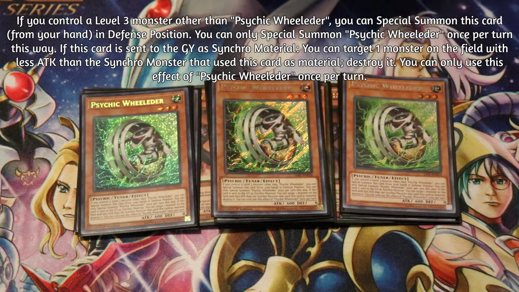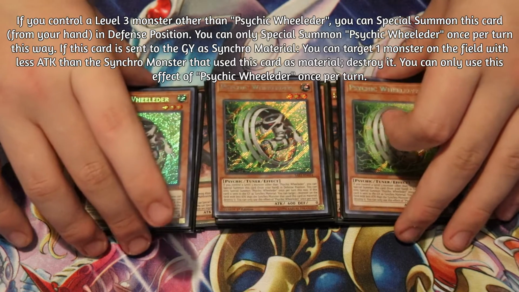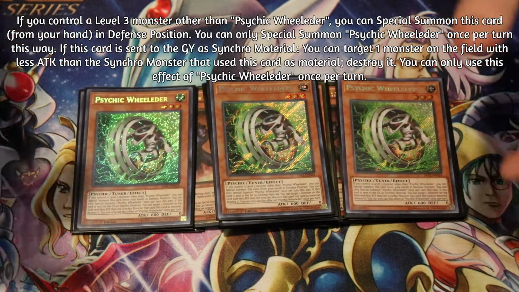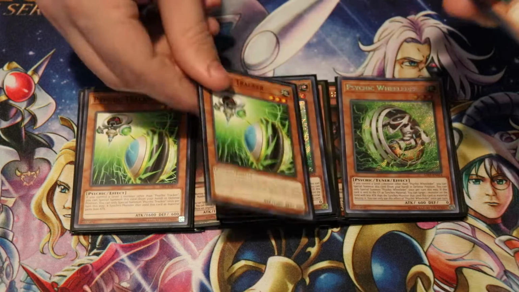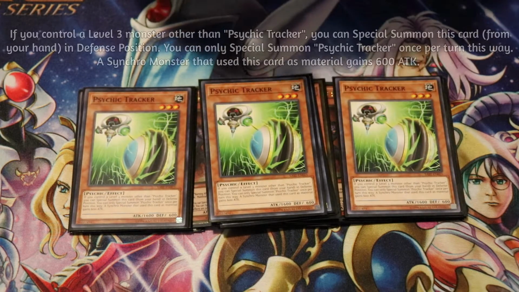Wielder. It is a tuner. It pretty much said if you control other level 3, you can summon it. And if it's used as single material, you can pop. So if you do need to go into Virgil, in those weird cases where you want to shuffle, you get a pop and a shuffle. So that's pretty dope. And then its other one, which is a common, kind of disgusting when you compare the two. Tracker,